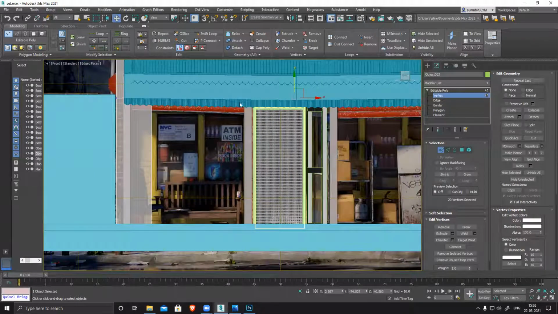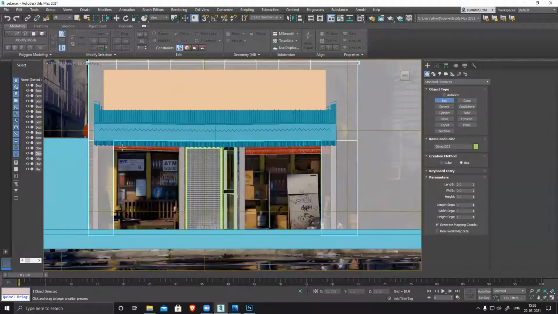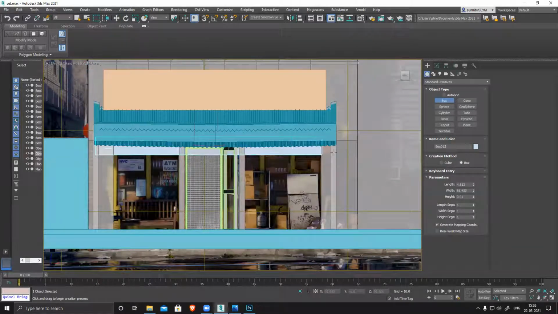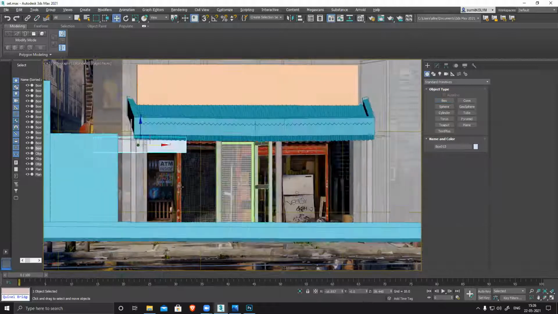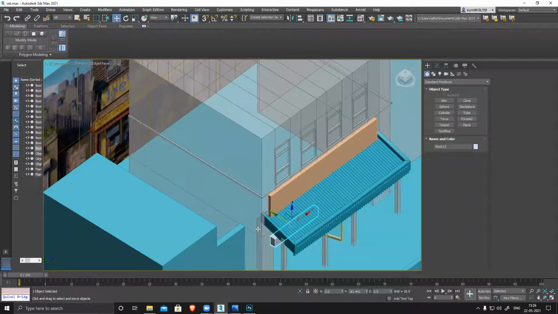Now I have this window frame plus this shutter. So that shutter I can create with the help of a box. So most of the things you can see clearly, most of the things are all these primitive shapes only, like box and other stuff only. You just have to use that and then modify it according to your requirement.